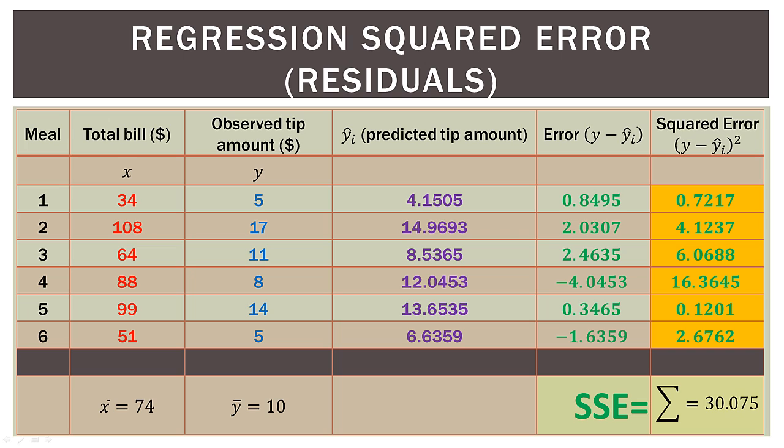So we square each residual, just like we've been doing the past 3 videos, and then, of course, we add them up, because that is the sum of the squared errors. When we sum those up, we have an SSE that is 30.075. So, for our regression model that we came up with, our SSE is a little bit over 30,